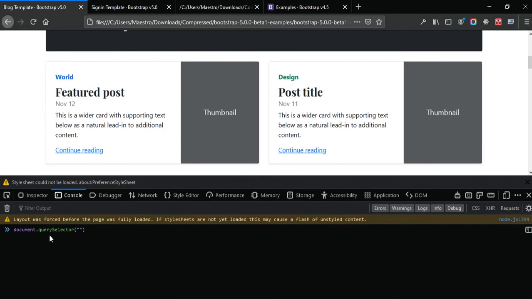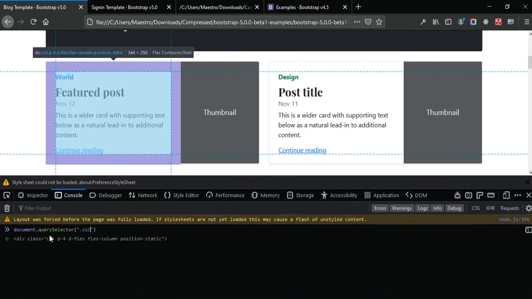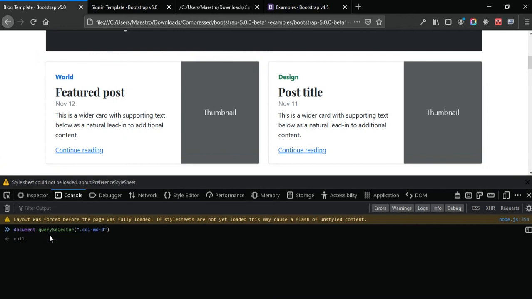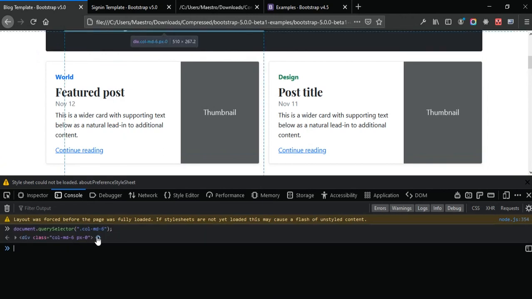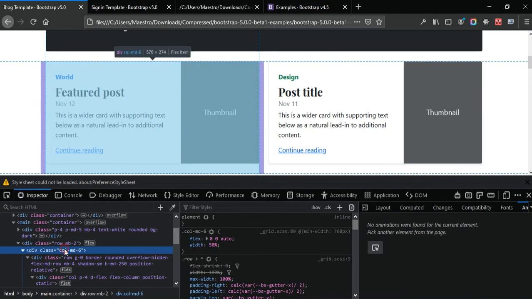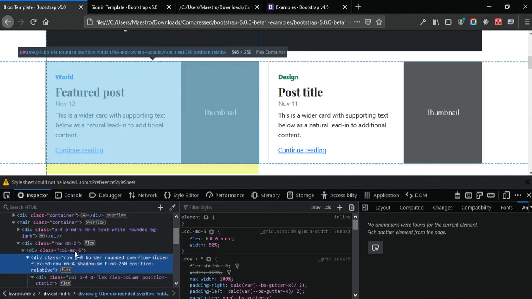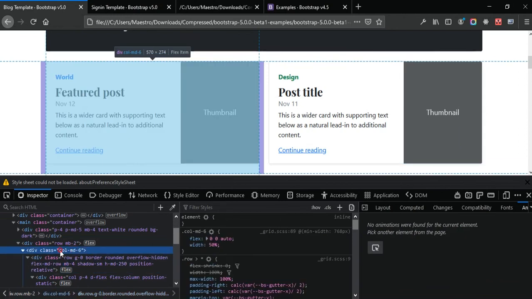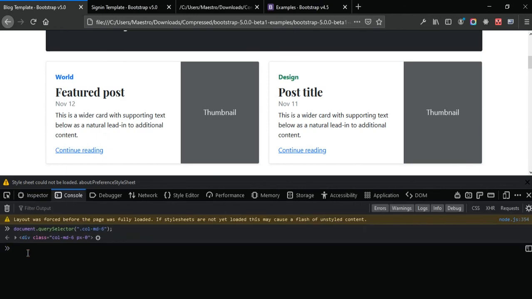So we can use col-md-6. Okay, so now it returns elements with col of, okay, let's see. So this should have a class of, okay, yeah. Now one thing you should note, I made a bit of a mistake, so I'm going to correct